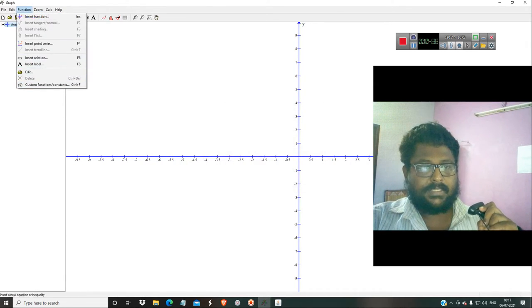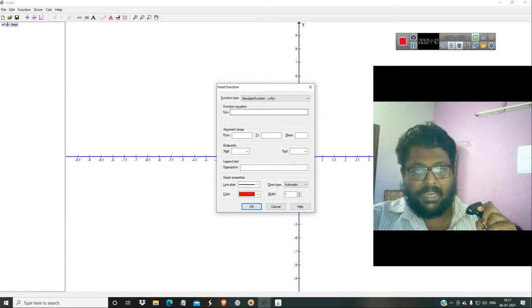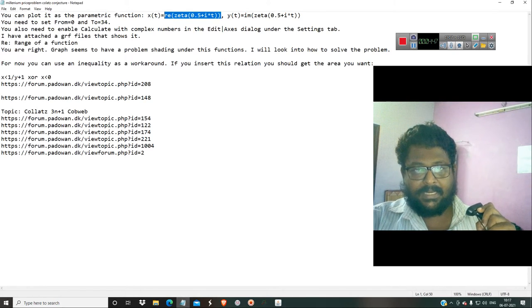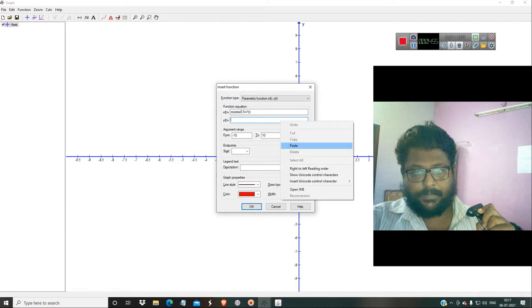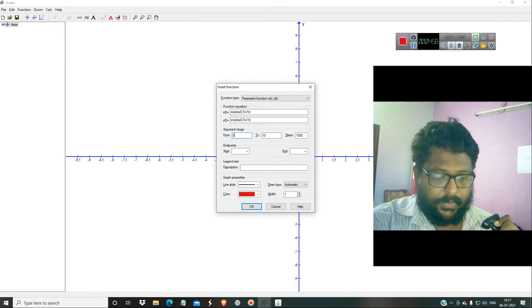Go to insert function, go to x of t and paste this, and get y of t and paste this. Here you have to give the range from 0 to 34.